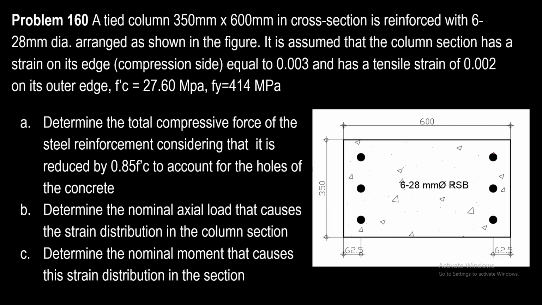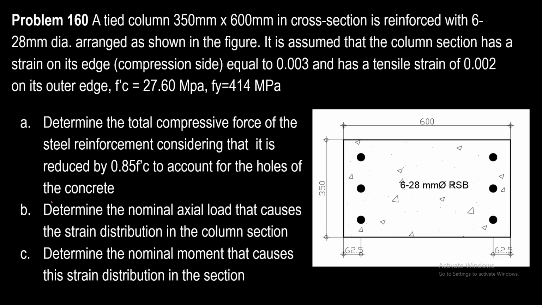So this is assuming this is the compression side, this one is the tension side, with their corresponding strain. On this type of problem, we're considering the strain caused by the loads on the column section. The specified compressive strength of concrete is 27.6 megapascal, and the yield strength of steel reinforcement is 414 megapascal. Determine the total compressive force of the steel reinforcement considering that it is reduced by 0.85 of F prime C